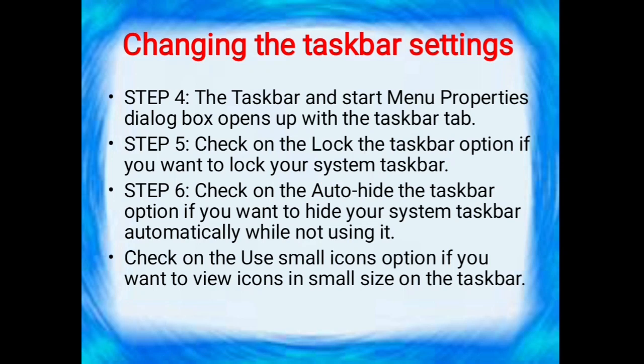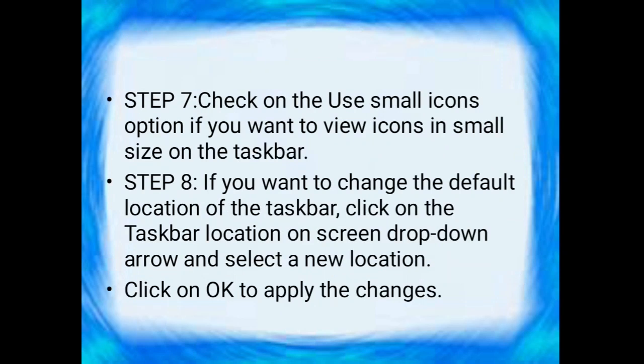That is, when you are not using it, it will hide automatically. When you are using it, it will be visible. The next one is small icons taskbar. When you want your icons to show small in the taskbar, you have to choose that option.